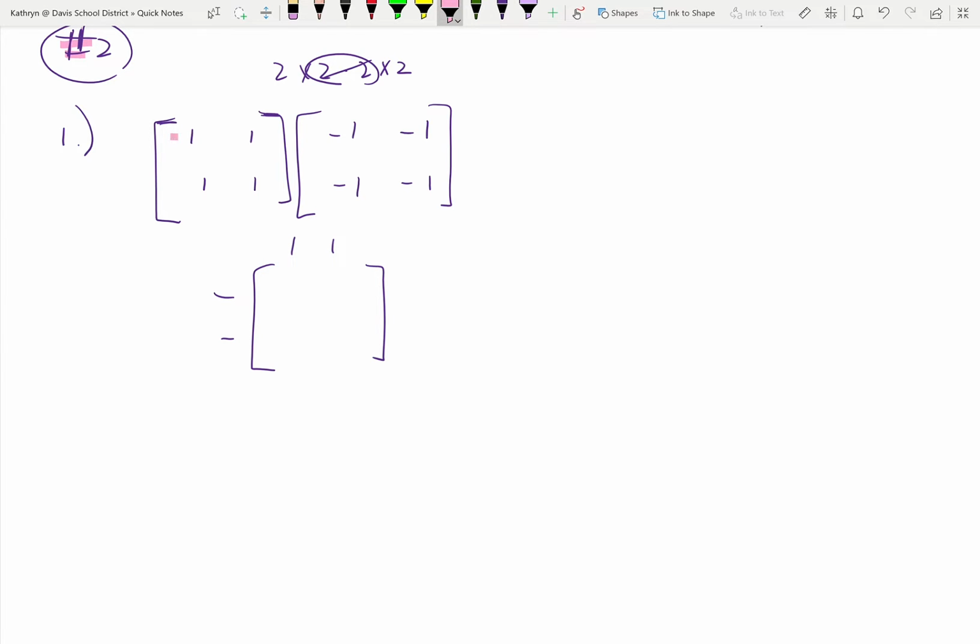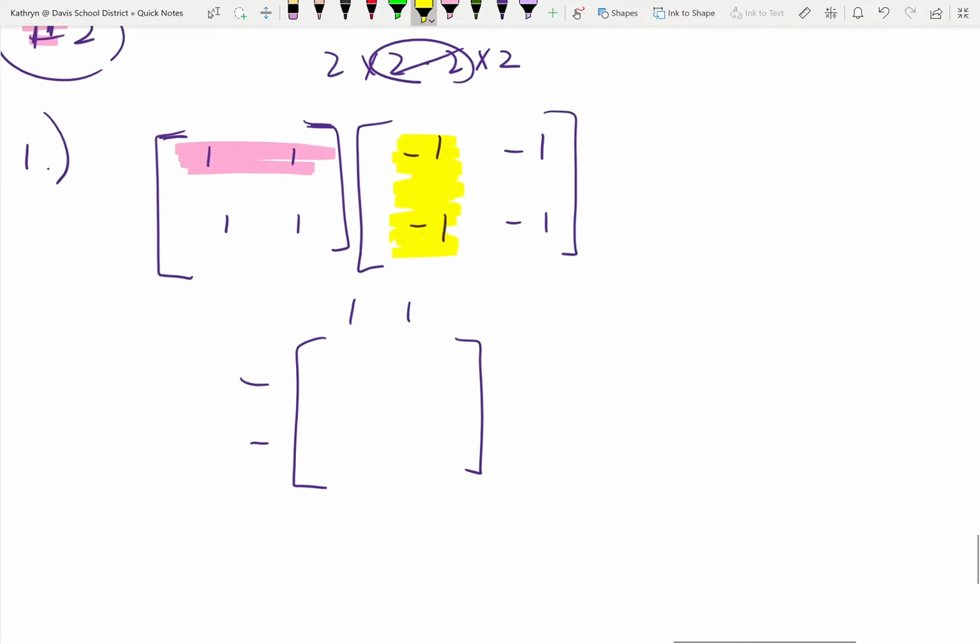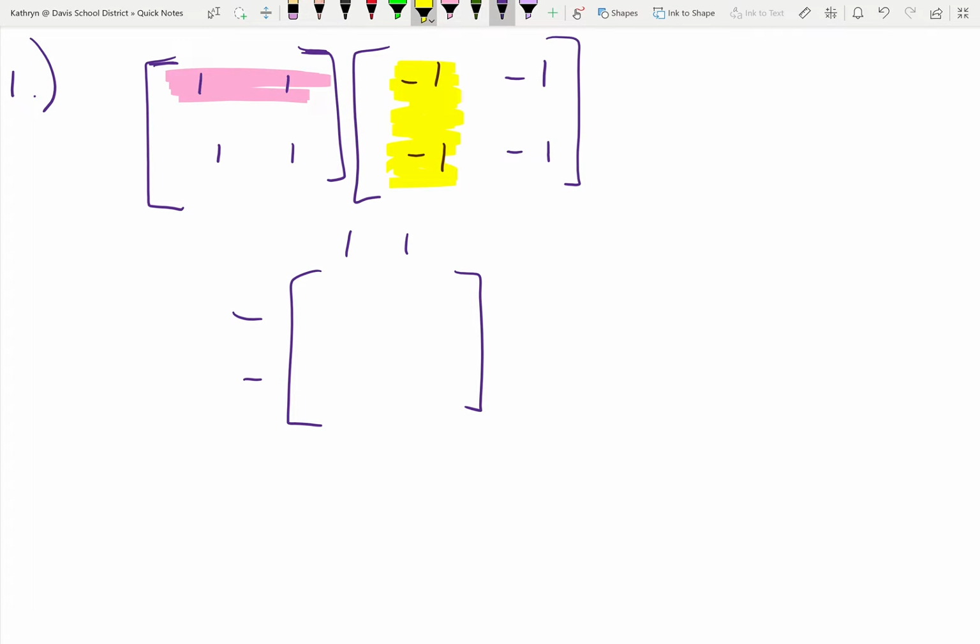Okay, so we're going to take this row right here, and we're going to take this column right here, and the pink one right here that's on the right is going to drop down. So you go 1 times -1 is a -1, 1 times -1 is a -1, a -1 and a -1 is a -2. Now I'm going to do pink to green. Okay, this one drops down and goes to this -1. So 1 times -1 is a -1, 1 times -1 is a -1, a -1 and a -1 is a